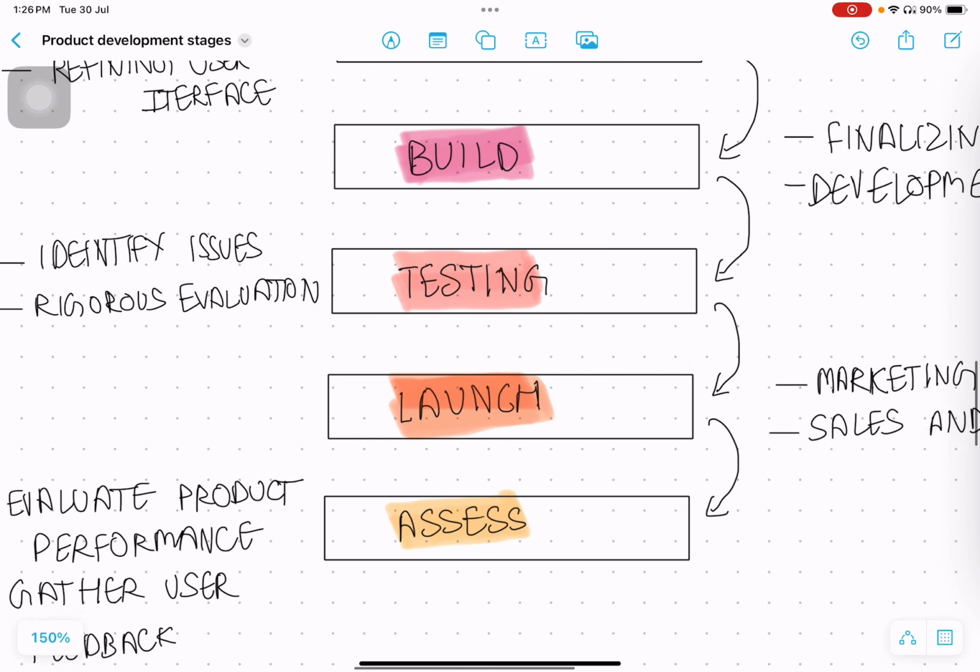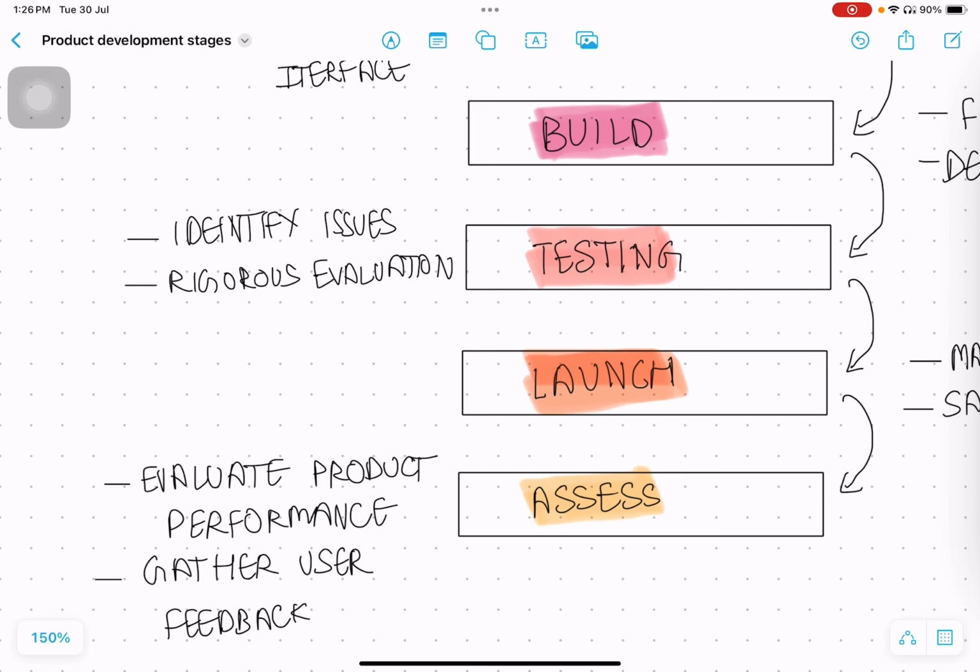Finally, we have the assess stage. After launch, it's essential to evaluate the product's performance, gather user feedback, and make necessary adjustments accordingly. For instance, after launching the first version of the Surface Pro, Microsoft collected user feedback to address performance issues and enhance features in subsequent versions. Assessment helps you understand how well your product is performing, what improvements can be made, and how you can better